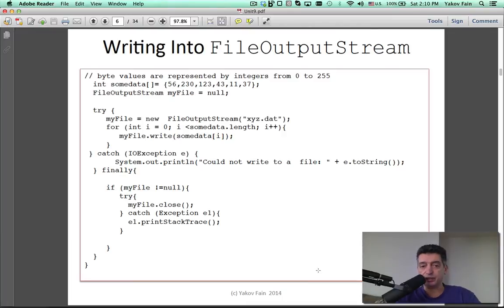Next, writing into a file is pretty similar, but you're going to be using the FileOutputStream class. Again, it's sitting inside the java.io package. Say, for example, we have an array, and we want to write these numbers, codes, right, into a file. So we have an array. We create a variable that points at the FileOutputStream. We open up a new instance of FileOutputStream pointing at a file xyz.dat, and in a loop,